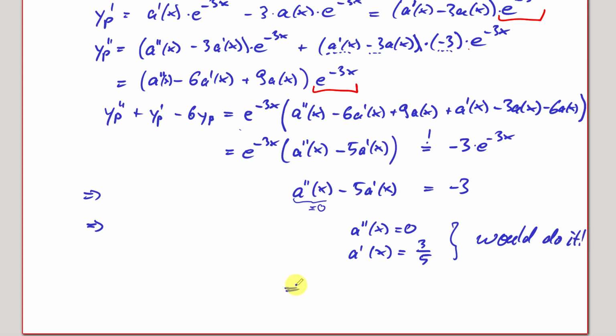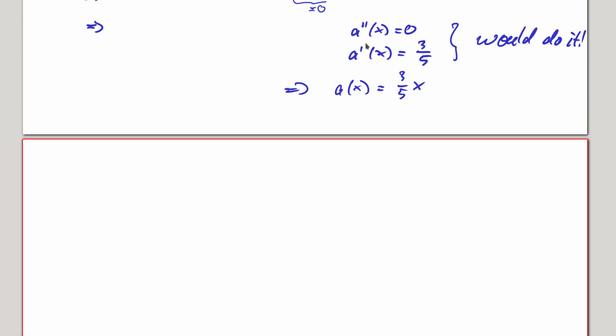And how to solve that? Well, just choose a prime to be 3 over 5 times x, and then you're done. Because if a of x is this, okay, this a prime is 3 over 5, and a double prime is just 0. So okay, now we have found a solution for the inhomogeneous differential equation. So the general solution now is